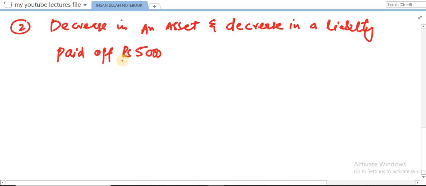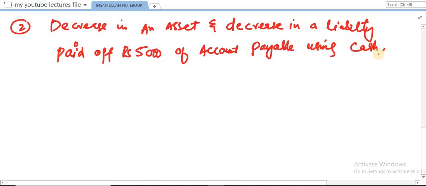Here you use the currency rupees because we are doing the Pakistani paper, so we'll use the currency Rs, of account payable, using cash. So when you are using cash while paying the liability, paying the payables, then this will decrease both the